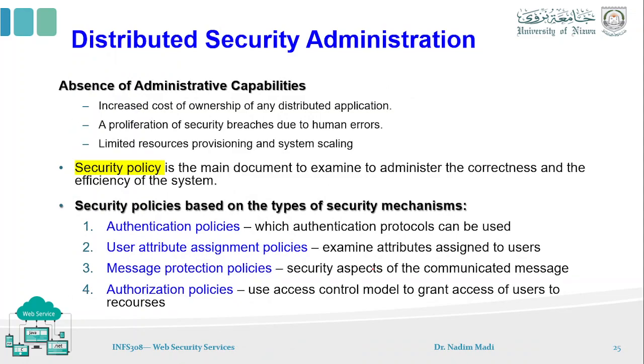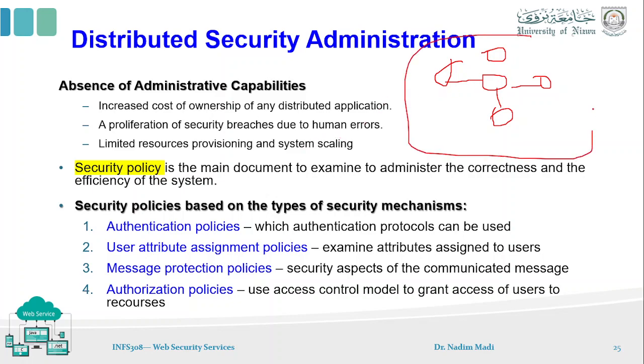Okay, so now we move to another part, talking about distributed system administration. You see the administration of what we call security is really a must, particularly when we talk about a distributed system, where we have different entities that should be managed by maybe a middleware or more than one middleware. So here we need to have some kind of administrative party. Most scenarios will have a third party, as we have been discussing before, an example of a third party which is able to issue the certificates of security.